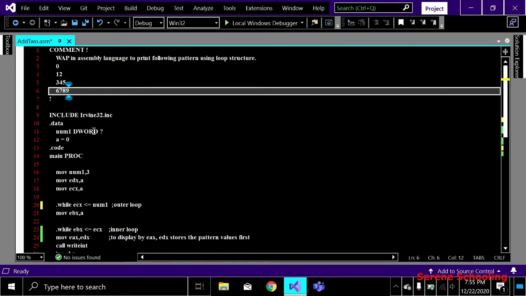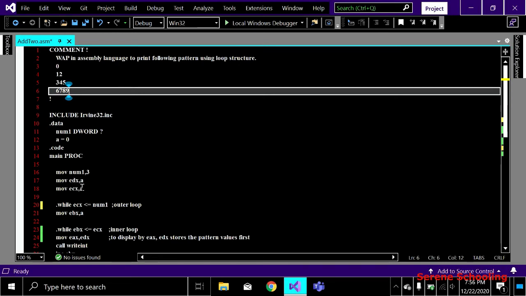You can also initialize it over here: instead of a question mark, you can write 3, of course, but I am moving 3 into num1 by this statement. So my num1 is 3. Why I am doing this, you will get by the end of the video. And I am moving 0 into EDX, and 0 also into ECX. a means 0, right? So we are moving 0 into both of these registers.